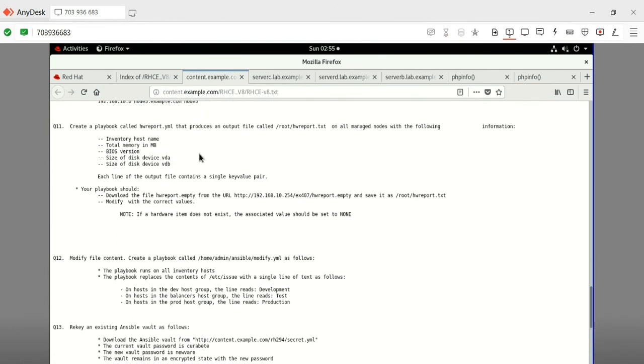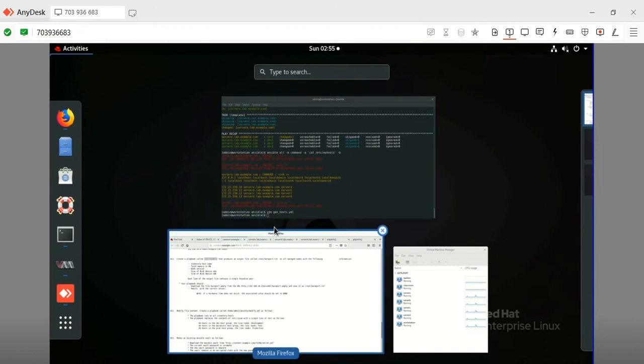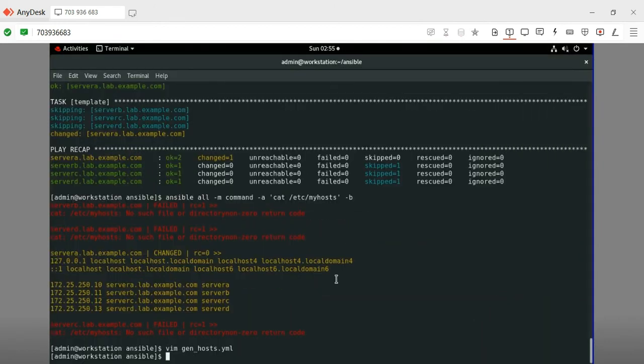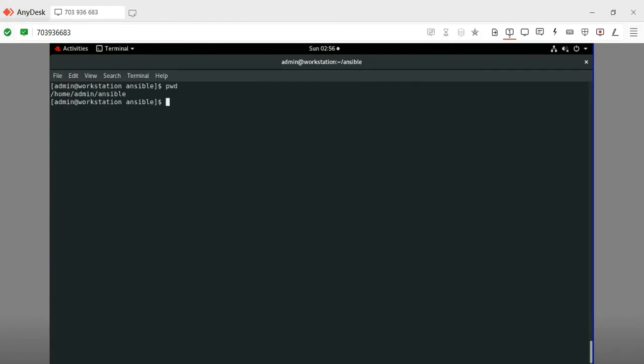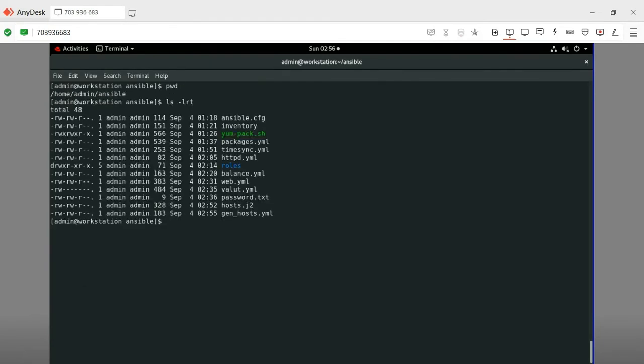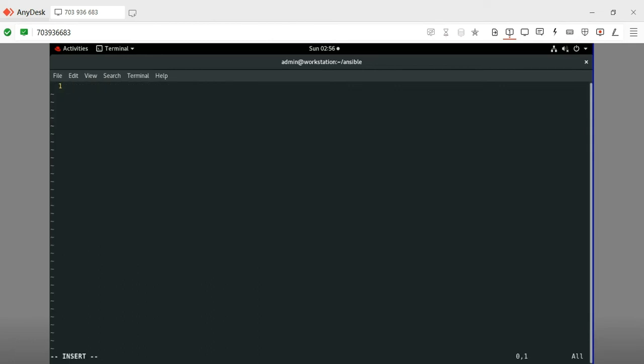So here we have to create the sw_report.yml, which will fetch the hardware reports of this. So let me create this YML file as per the question playbook. PWD, clear the screen. Vim, 11, the question we are performing, and